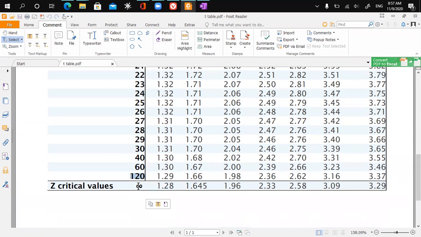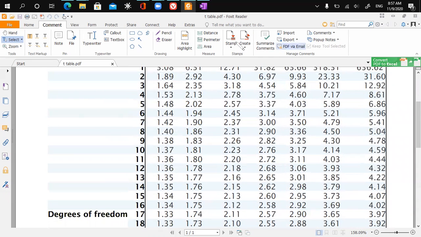And from that one onwards, if the degrees of freedom is above 120, we can use the values for standard normal distribution. These are the values for standard normal distribution. If you remember, this is the value. This is another value from the standard normal distribution. And these are the rest, okay? So if we have values above this one, we use these critical values. Okay. All right, going back to